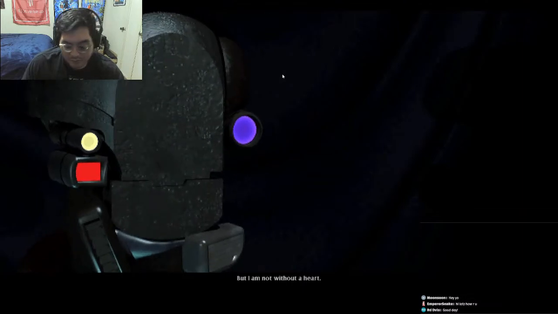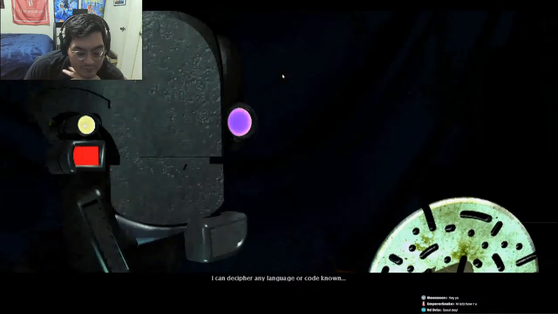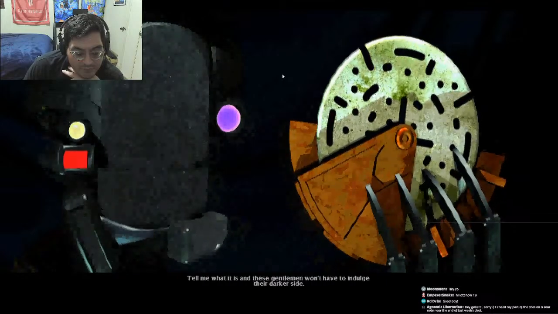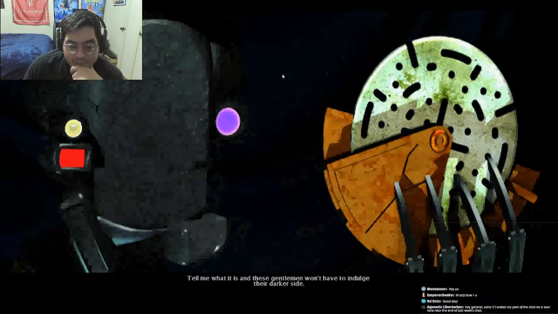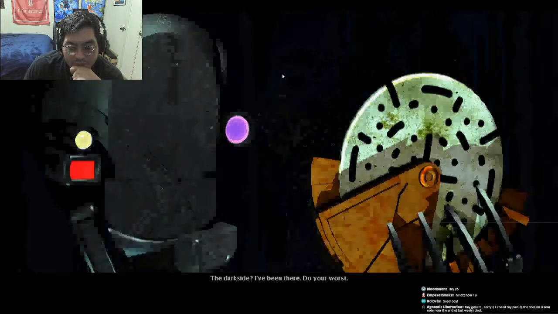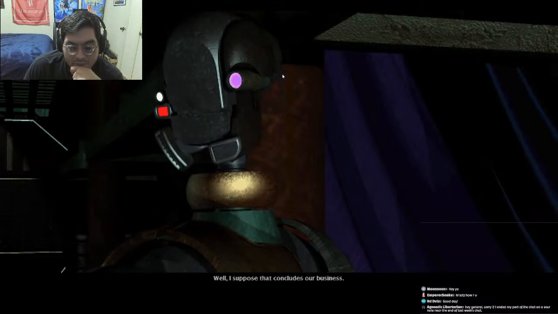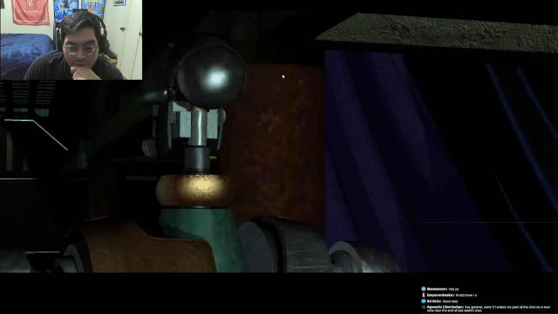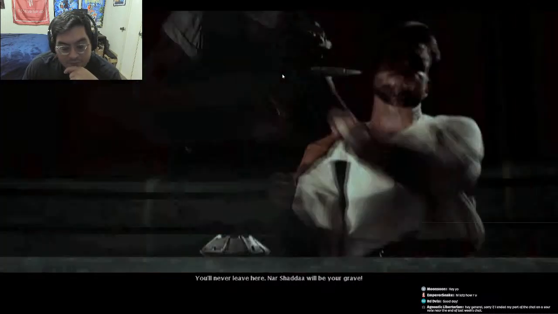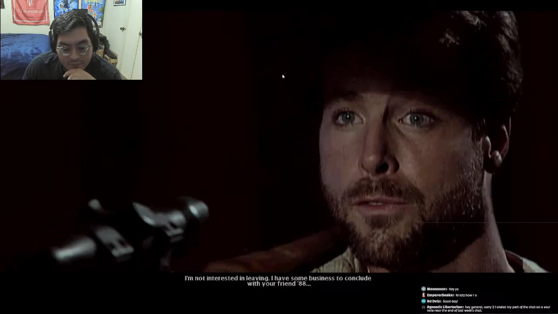But I am not without a heart. Familiar, yes? I found it in your dead father's home. I can decipher any language or code known, but this one eludes me. It must be important. Tell me what it is, and these gentlemen won't have to indulge their darker side. The dark side? I've been there. Do your worst. Well, I suppose that concludes our business. I'm not interested in leaving. I have some business to conclude with your friend,